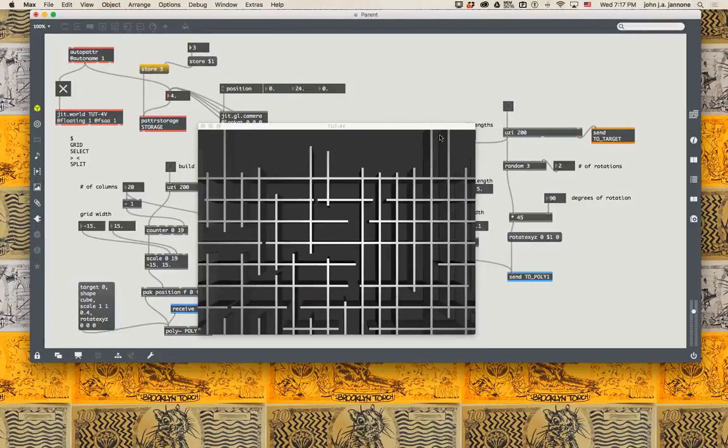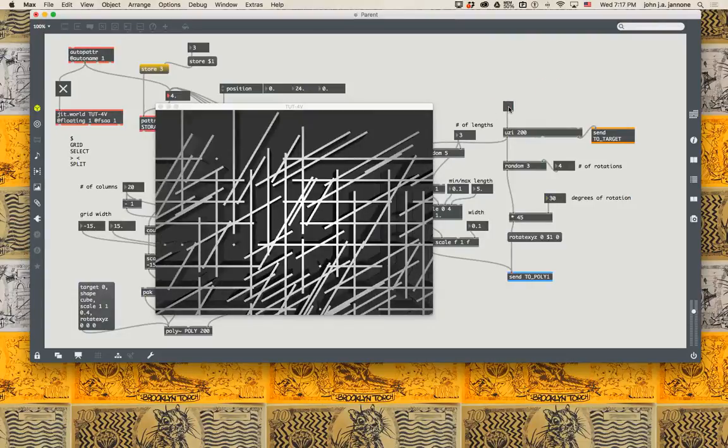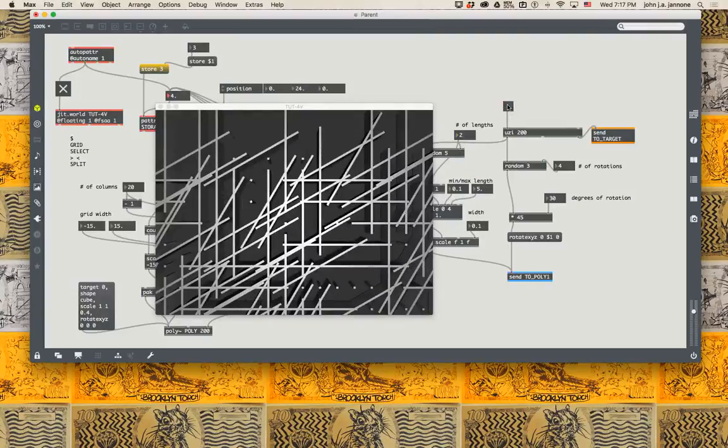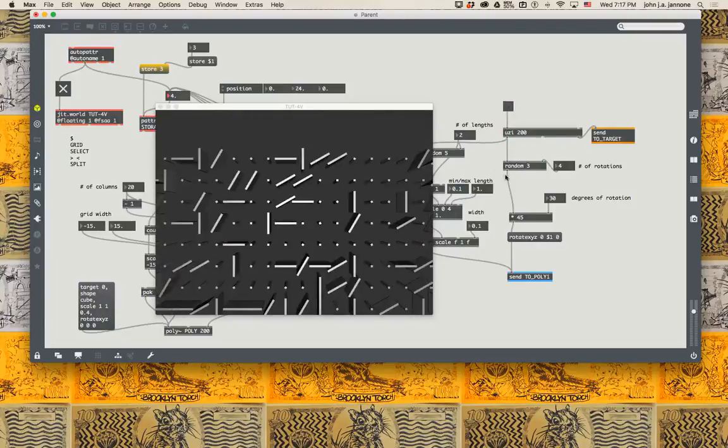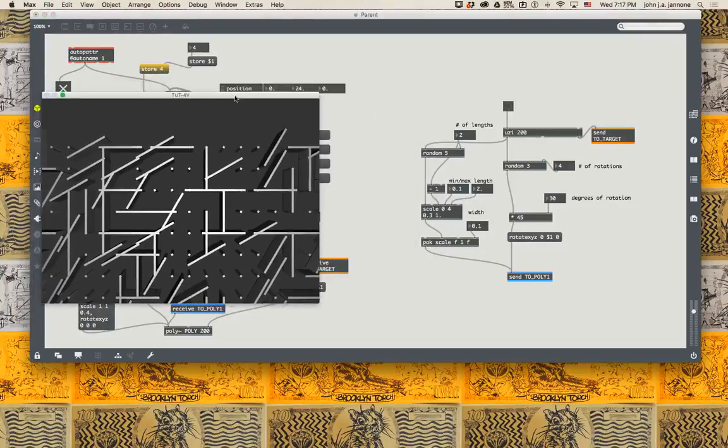That's number 3, and let's just get a 4th one as well. Give myself an additional 2 more rotational choices. Maybe 30 degrees each. Nah, that's not very interesting. What if I narrow down the number of lengths? Better. How about this? Now that's really good looking, so I will make that number 4, and now I can switch back and forth